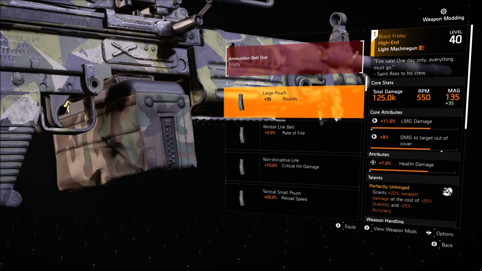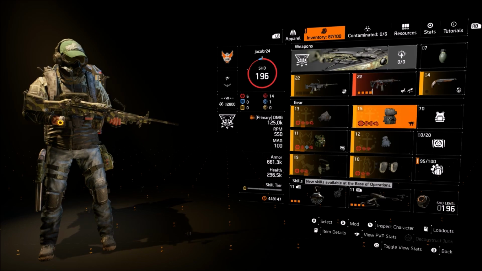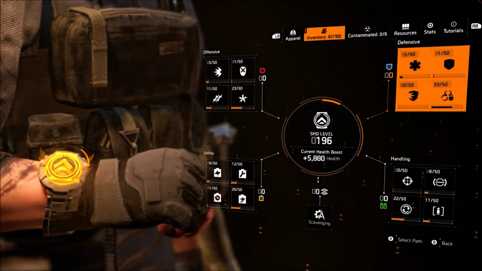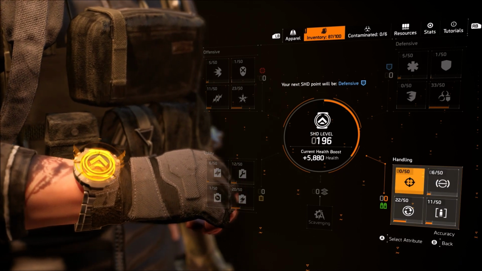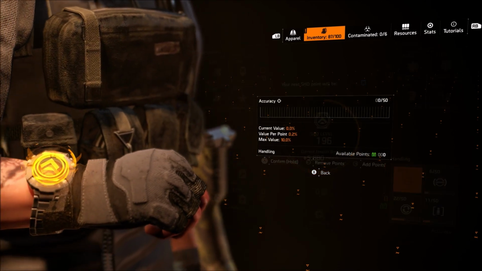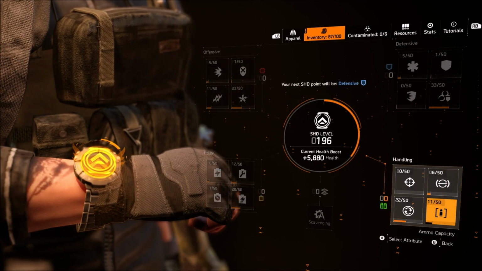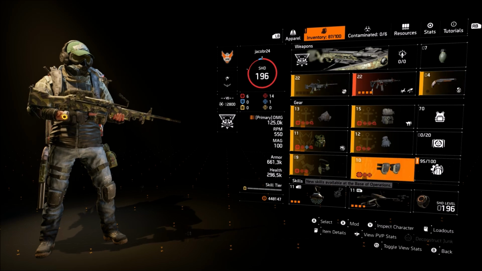round magazines. Now, a few other ways you can get more stability on this is using weapon handling on one of the pieces you have rolled on your gear, or you can go to your SHD level and go all the way over to weapon handling and have it maxed out right here, so you can have accuracy and stability, 10% on stability and 10% on accuracy. So if you increase these enough, you can gain some stability back and have pretty much no problem controlling this